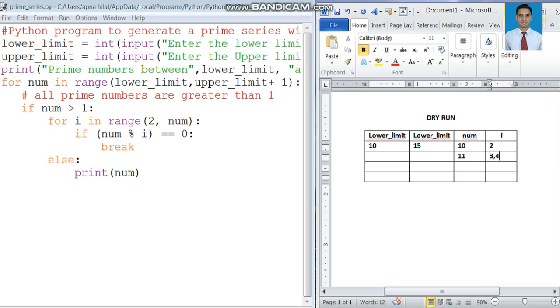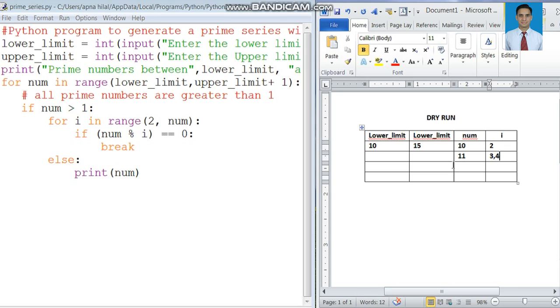And we know that 11 is not divisible by any of the digits between 2 and 10. So the internal for loop will get terminated and the else part will get executed, and the statement within the else is print num. So the value of num, 11, will get printed.